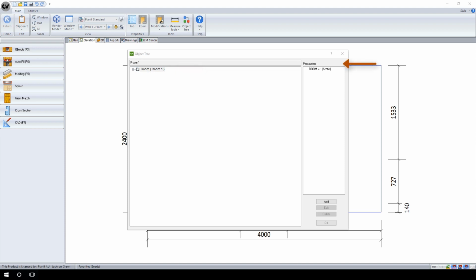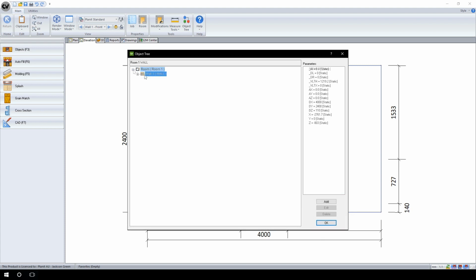The Add, Edit, and Delete buttons will be of use as more parameters display above them. The navigation is as follows: Room, Wall 1, Front Face and/or Back Face. Since we have only placed objects on the wall's face, that is why it has child folders within it. We can now see the placed object, and within that, all parts are listed that make up our 2-door base